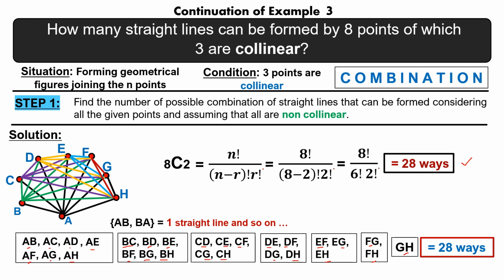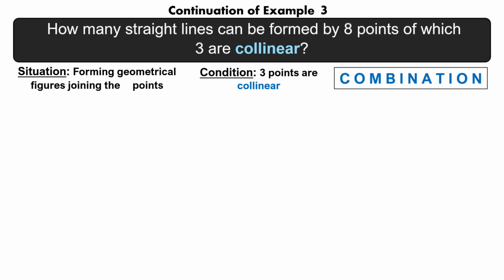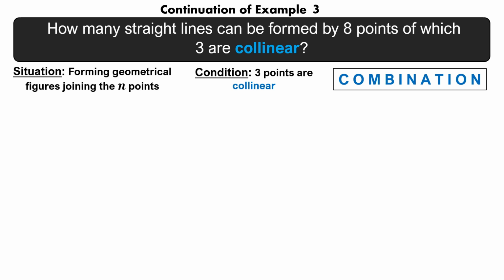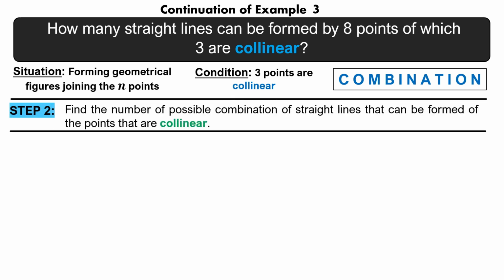So we have 28 ways or combinations of points to form a straight line from 8 non-collinear points. So we are not done yet. Proceed tayo kay step 2. Step 2. Find the number of possible combinations of straight lines that can be formed of the points that are